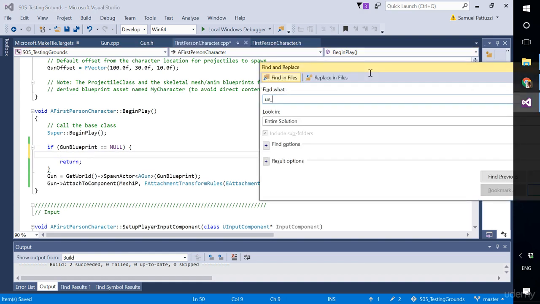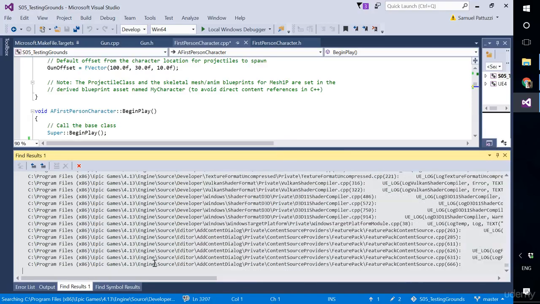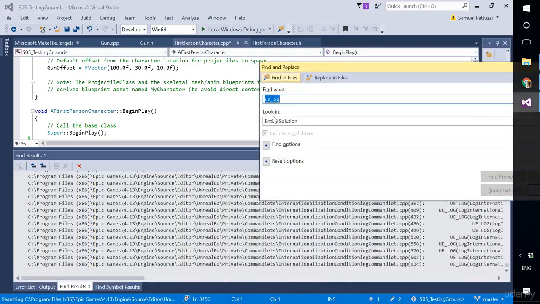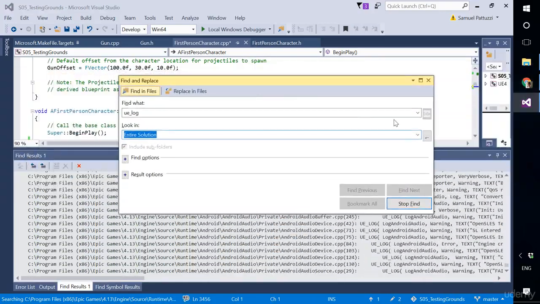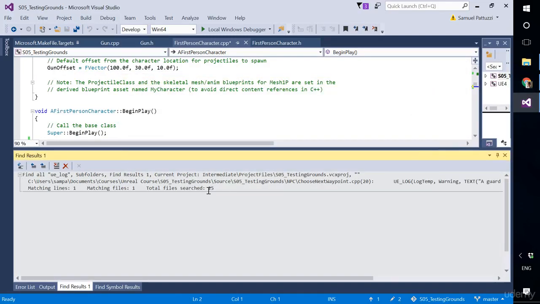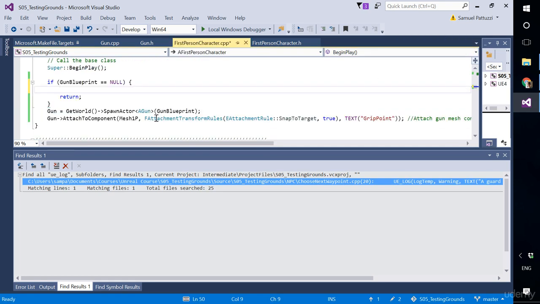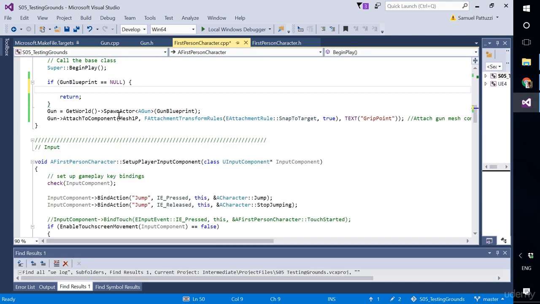Now, UE logs are always a pain, so I'm going to do a find in the solution for it and try and get an example of a UE log. Oh, I actually want to do that find within the project rather than within the solution, so let's just change that drop down. Stop find, find all, and I'll just take this warning log here and pop it into our first person character CPP. Now that warning's obviously going to be different. I'm going to say gun blueprint missing